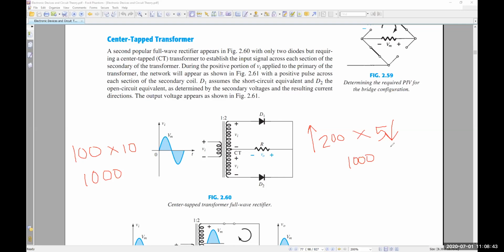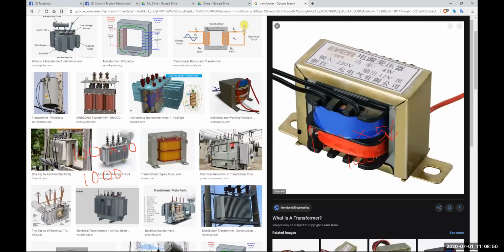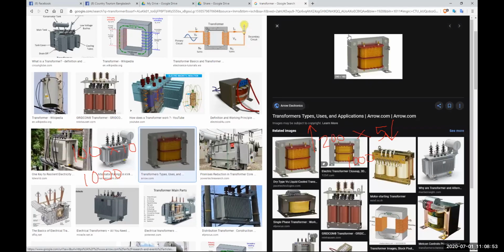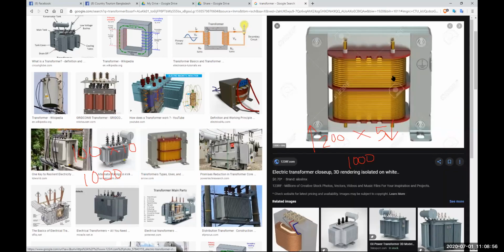So a transformer has some windings. What do I mean by windings? Winding means some sort of coil. Can you see this coil? Yes. Okay, maybe this is your primary. Those are all big coils, the thicker coil. Primary. So here the number of turns, that means the number of rotations, is lower. Here the number of rotations is double, right? So it depends on the number of rotations.